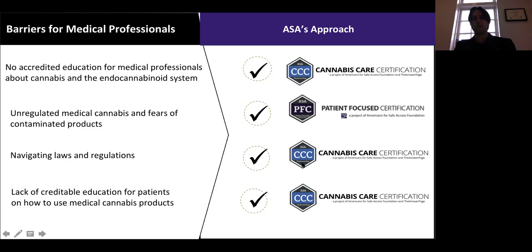And so CCC, the Cannabis Care Certification Program, helps address the need for accredited education, which is accredited through Harvard, as well as providing a platform for patients to learn about how to navigate their state's program, and getting education about the products available in those states. So you can go to the CCC website, as we'll show later, and pull any information about becoming a patient and maintaining your rights as a patient in those states, as well as getting access to some very interesting videos,